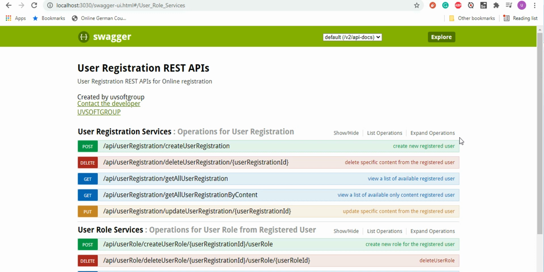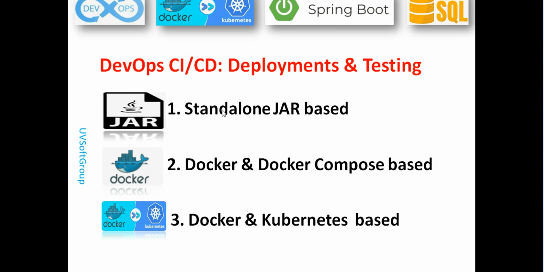The different deployment process, meaning DevOps practices, like how continuous integration and continuous deployment can be done with different approaches. For example, how can you deploy the application as a standalone jar-based deployment if you don't use Docker and Docker Compose. And also, for someone who is using Docker and Docker Compose based deployments, how can